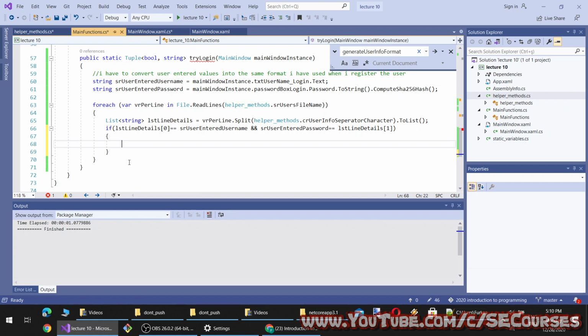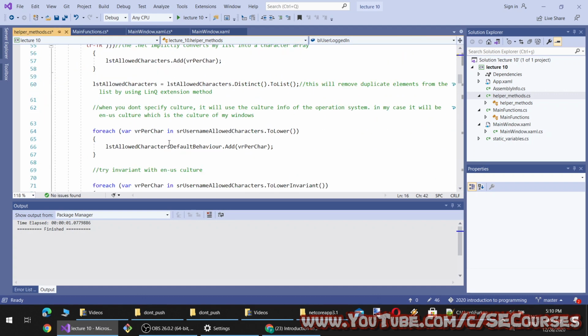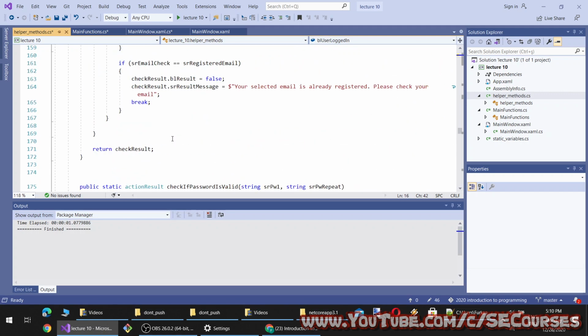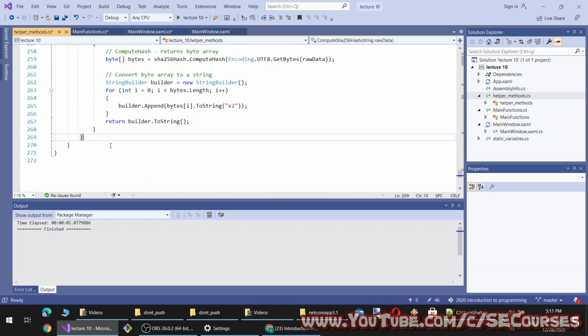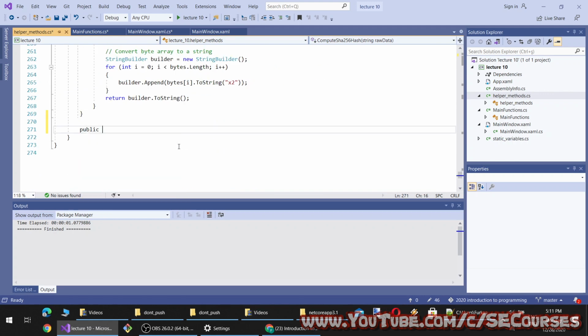Yeah, I am going to define another method to log in the user, because I will be calling that method when the user registered. So here, public static void do login.